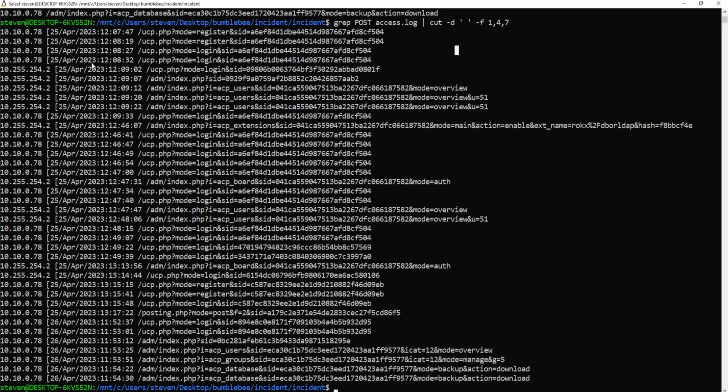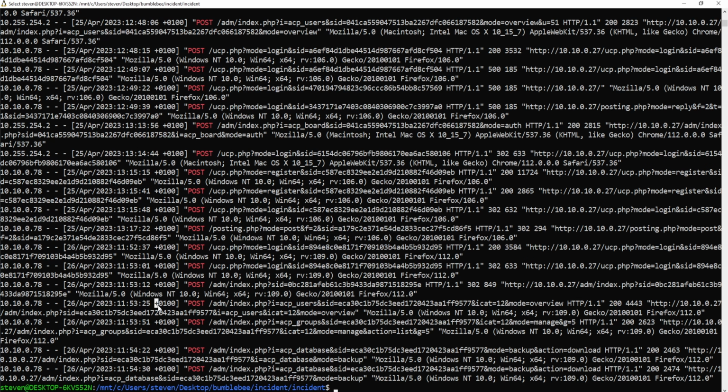The first post request happened from the IP address of 10.10.0.78 on April 25th, 2023, 12:07:47. Now we don't know exactly what time zone this is because there's no time zone. But if we take a look and remove the cut command and just leave the grep command, we actually see a time zone here. This is +100. This means it is 1 hour after UTC. So if you want UTC, you'll simply have to minus 1 hour from the time. For example, this particular event will be